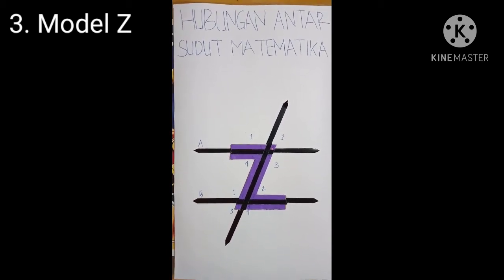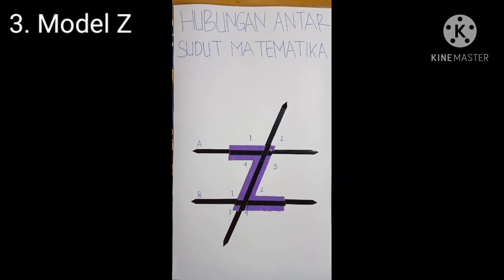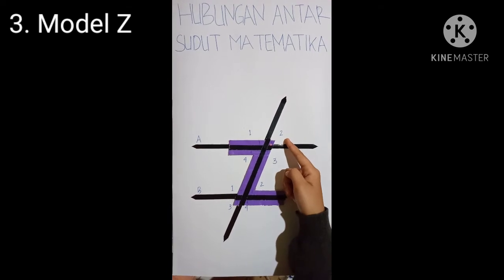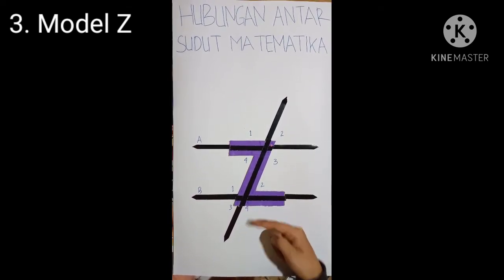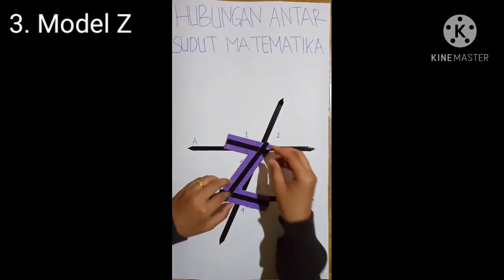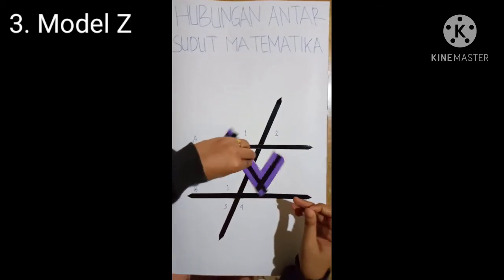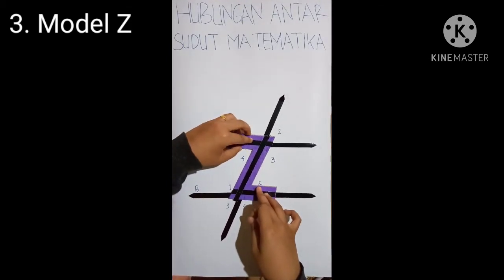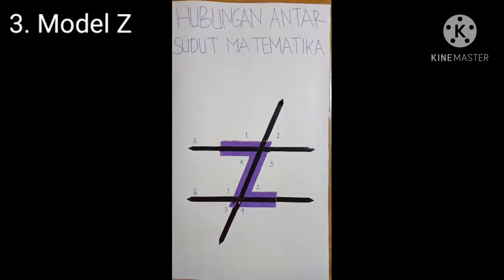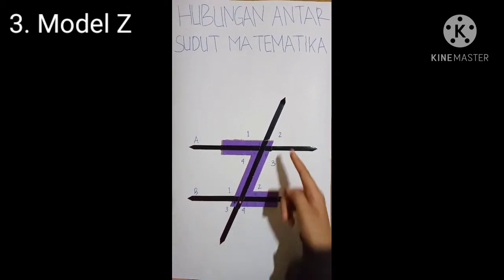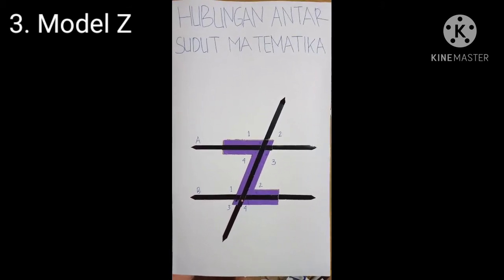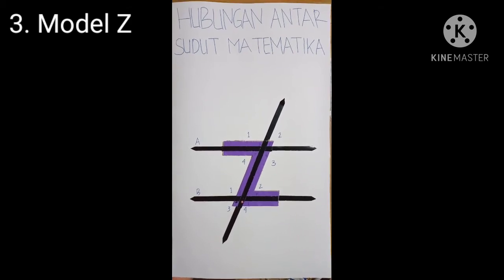To prove that the angles are opposite outside, consider the angles outside the Z model. We prove that angle A2 is equal to angle B4. Then, rotate the Z model clockwise or counterclockwise by 180 degrees until the line on the model coincides again. Then, it will be seen that angle A2 and angle B4 are equal. Then, we can conclude that the opposite angles have the same size.